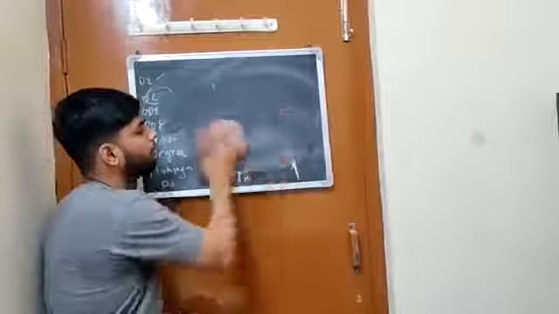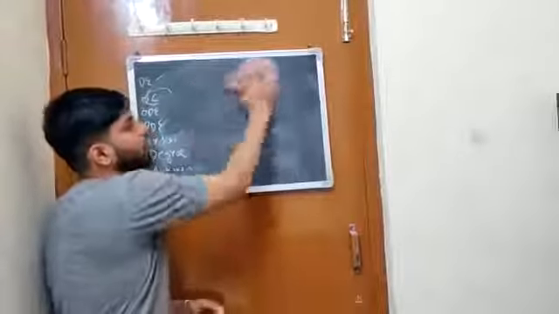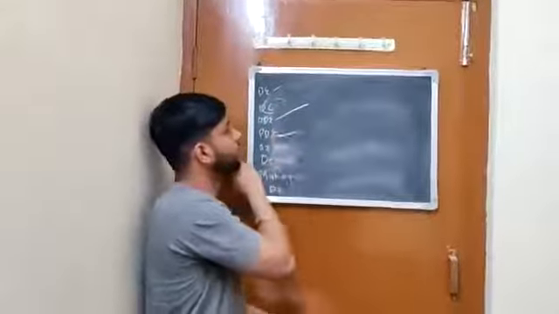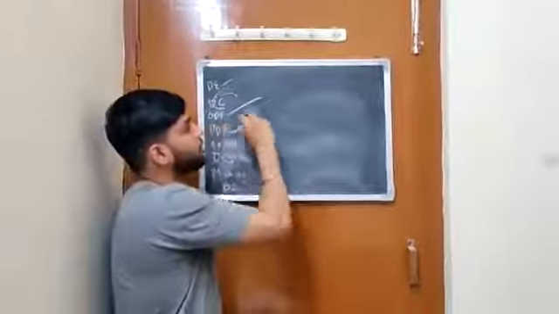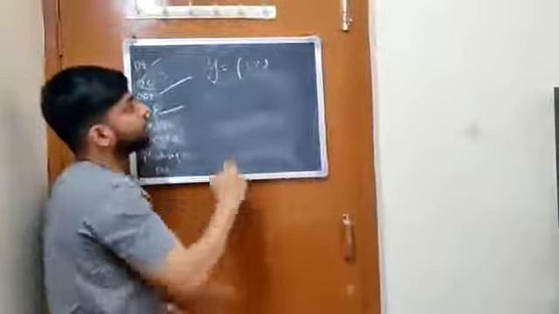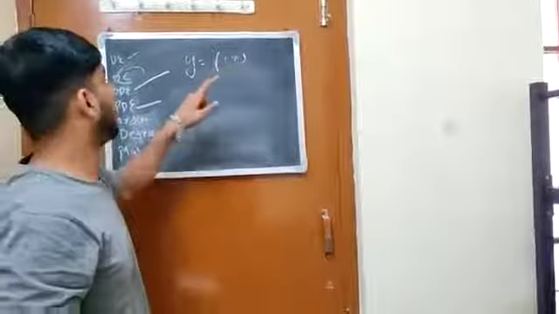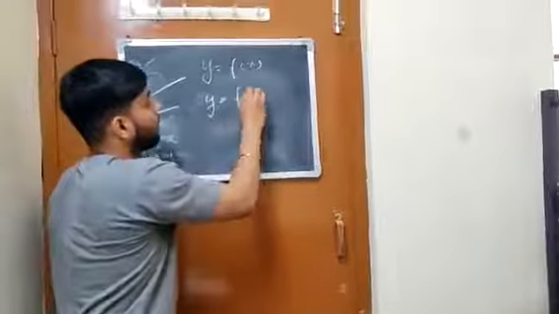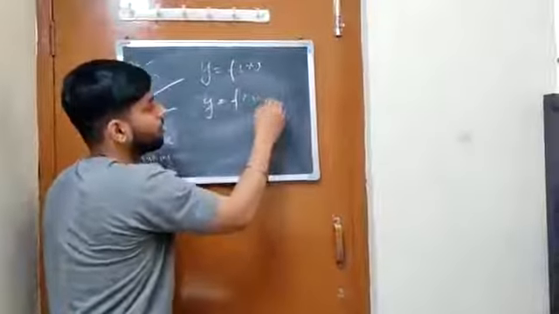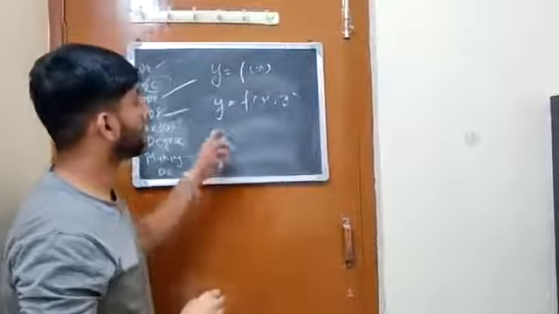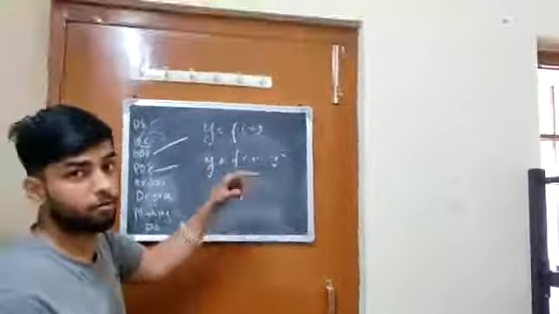Now we have to discuss the types of differential equation. There are mainly two types: one is ordinary differential equation and one is partial differential equation. Now what is an ordinary differential equation? Let us suppose the equation y is equal to f(x). It consists of one variable, and in a partial differential equation, y is equal to f depending upon two variables, one is x and one is z. So this depends upon two variables and this depends on one variable.